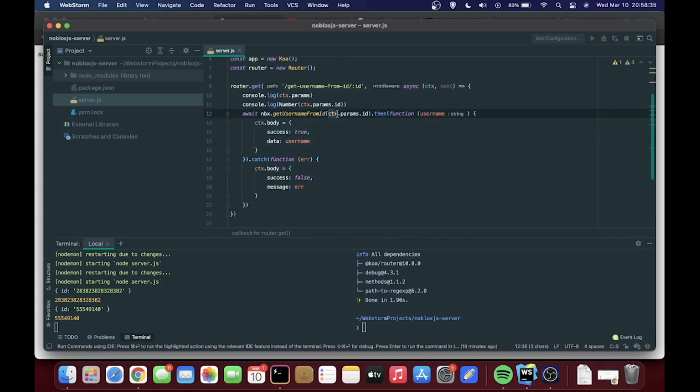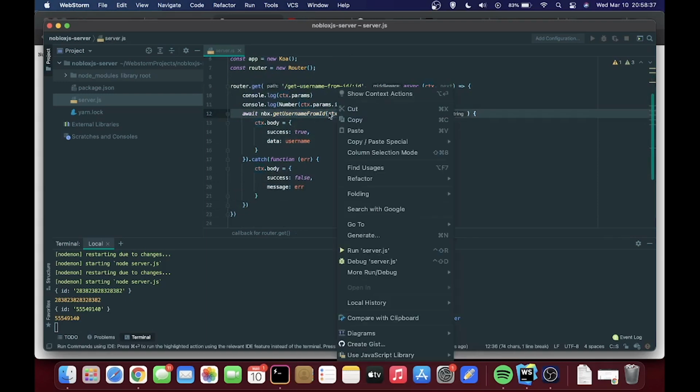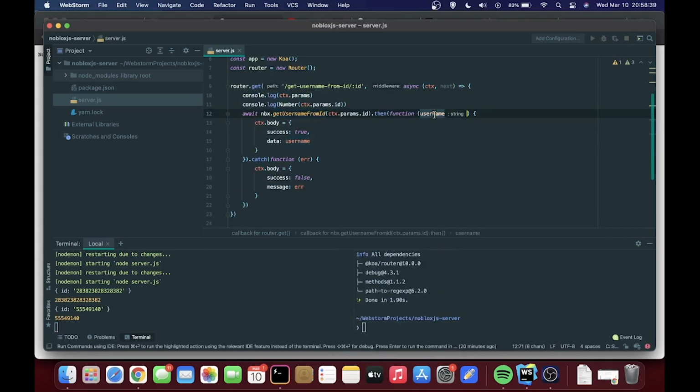If I pass a valid user ID in which a user exists, I get a username. And this is this then part. So I get information and then I do something with that information I got, username here. And in my ctx.body, I do success true and data equals username, which is the information that was returned from here. If I save this and go back, success true and data is quest. This is exactly what I wanted.